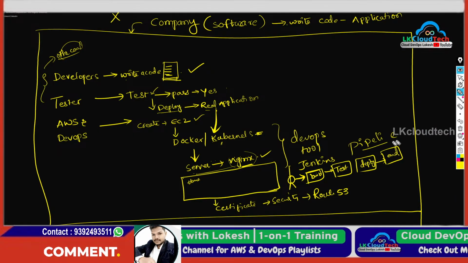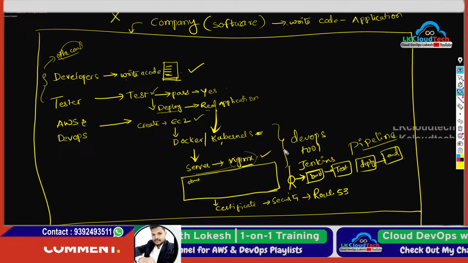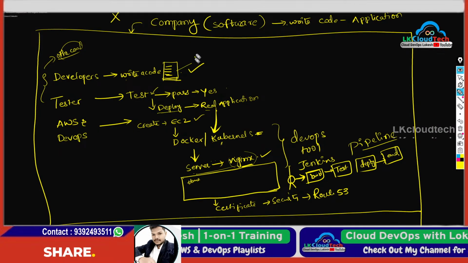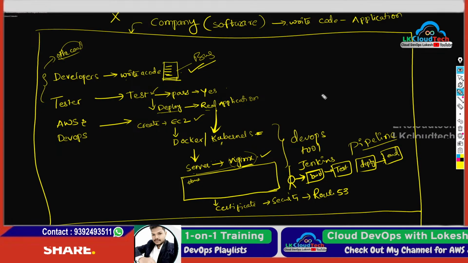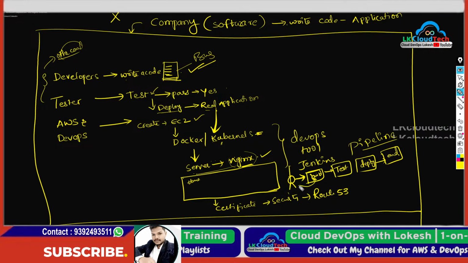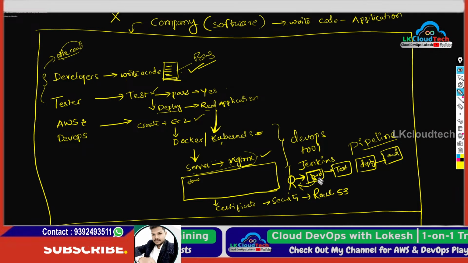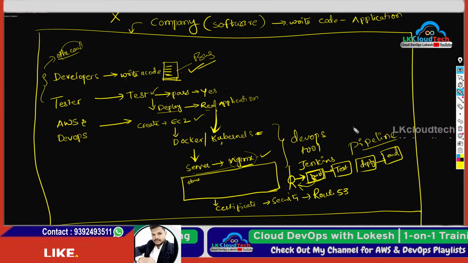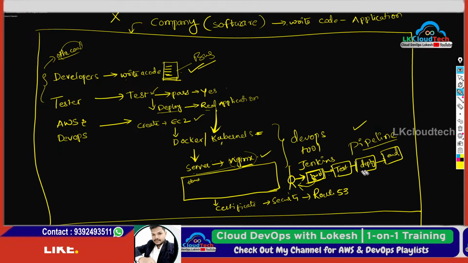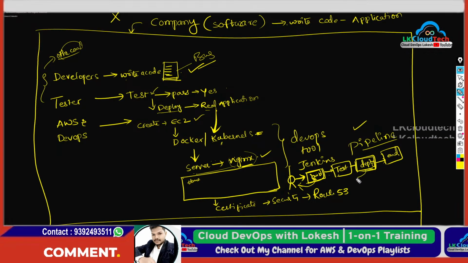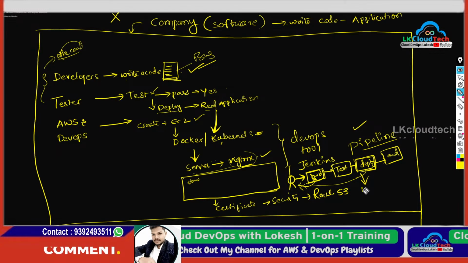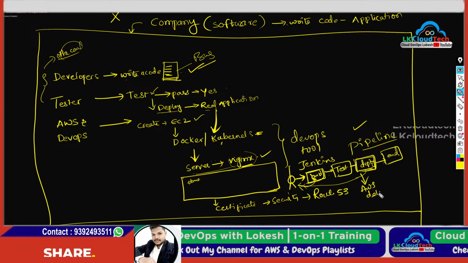Why can this pipeline help? For example, consider there is a bug in this code, or this code is not well. If you do build, you can identify it immediately and send it back to your developers. That is the reason this pipeline will help. If something happens in between testing or deployment, we can identify that immediately and send it to the developers, or else the AWS DevOps team will take care of this.